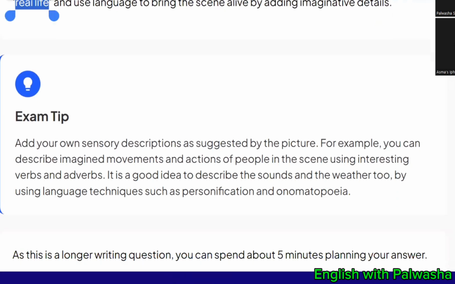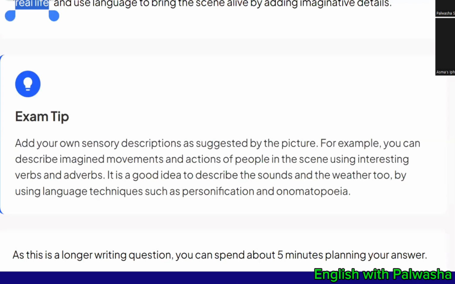Add your own sensory descriptions. This is an exam tip as suggested by the picture. For example, you can describe imagined movements and actions of people in the scene. So, you can also say what they are doing, using interesting verbs and adverbs. If I ask you to give me an example, what will you do? Interesting verbs, by telling me that